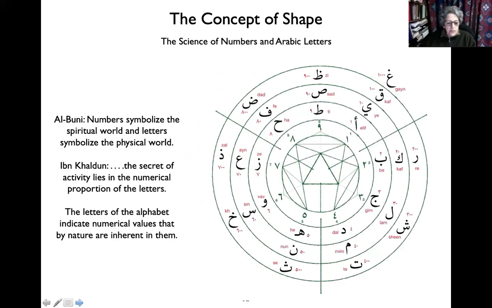The letters of the alphabet indicate numerical values that by nature are inherent in them. So when you see the re, it inherently has the number 20 in it. Once a person has memorized this chart, then they can see the quantitative and qualitative aspects of it, because you're indicating numerical values between different letters. And that's how, for instance, we get Bismillah ar-Rahman ar-Rahim is 786,